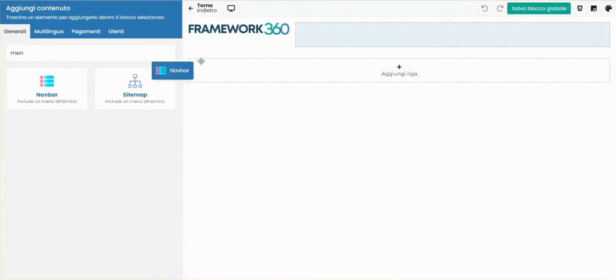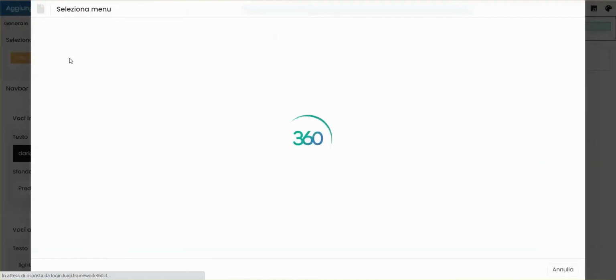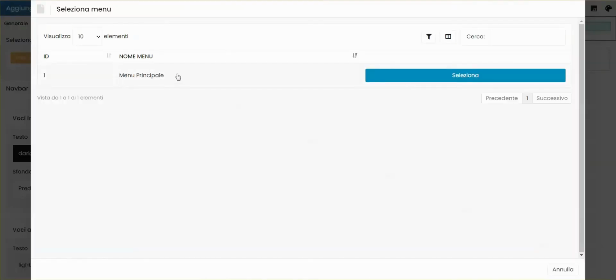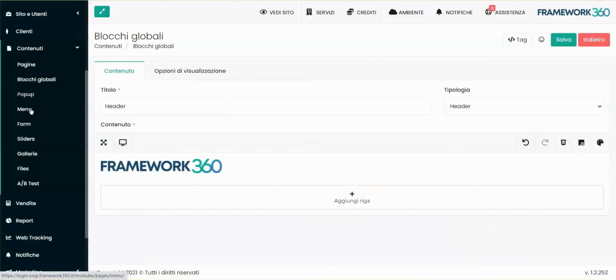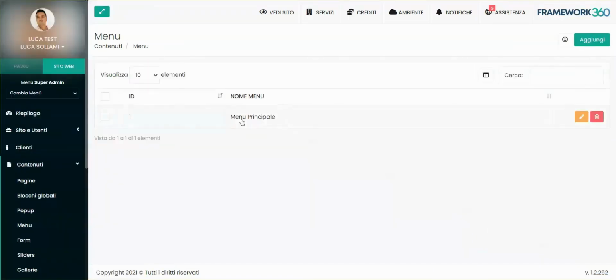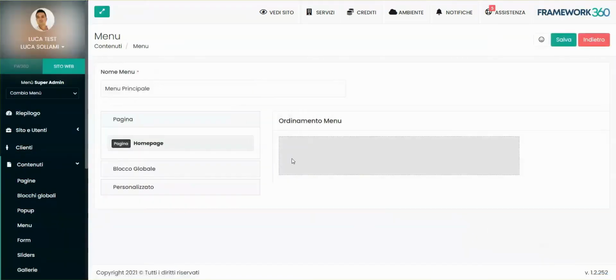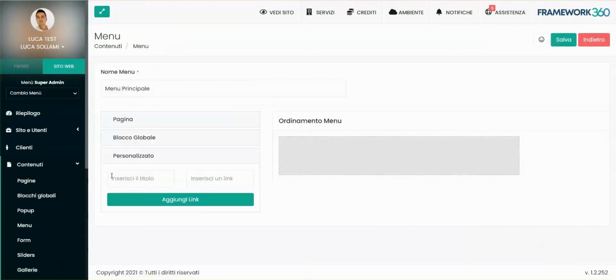We add the navbar block and select the menu we want to display. In this case, we find one already created by default that we can select. It doesn't have any items yet, so let's go ahead and create them. In the meantime, we save the block and access the item Menu. We access the main menu and start by creating